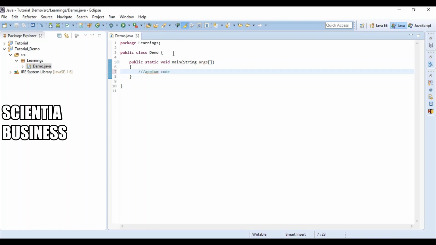As you can see, since all of this APM code will be written here, our Eclipse doesn't know anything about APM. So there must be a way to connect Eclipse to the APM Java client library which we downloaded. Only then would Eclipse recognize everything written inside those libraries.